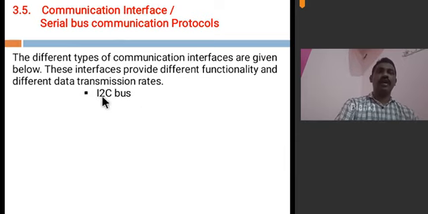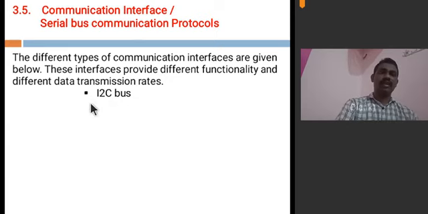First, the I2C bus, Inter-Integrated Circuit bus. This is a two-wire communication protocol. Here, two wires are used for communication, and this I2C bus is used for on-chip communication, on-the-board communication.